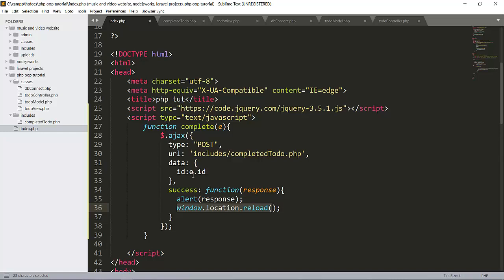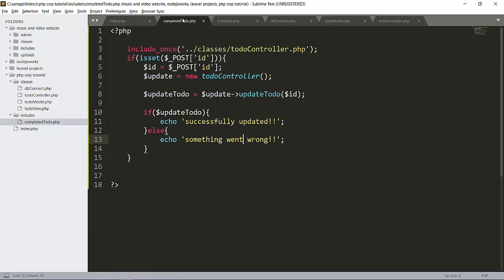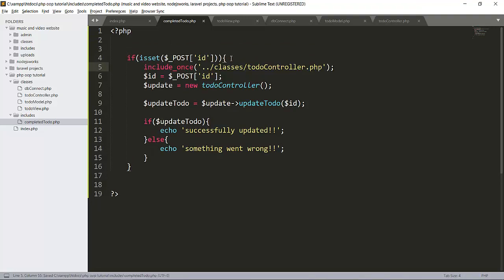So after going to completed to do here, here is include, once we included our controller here, that is under the classes folder. So if isset, if post id is here, if id is present as a post request, it will do this request here.